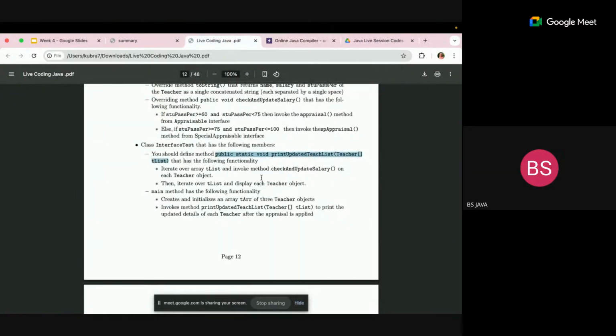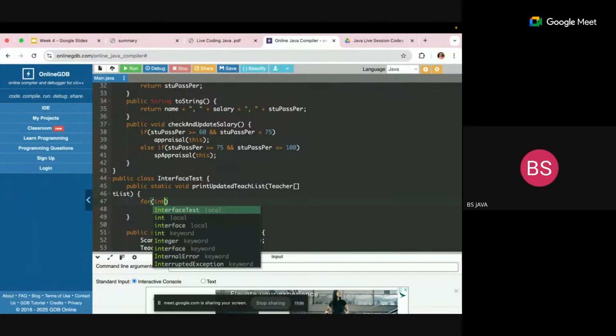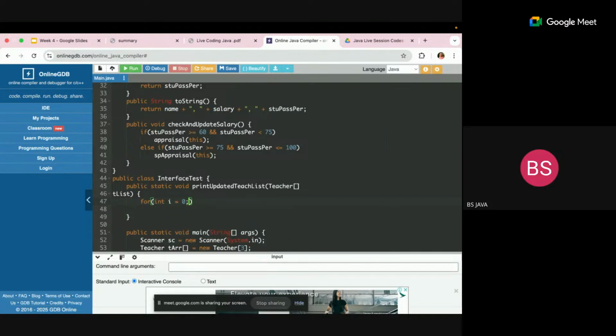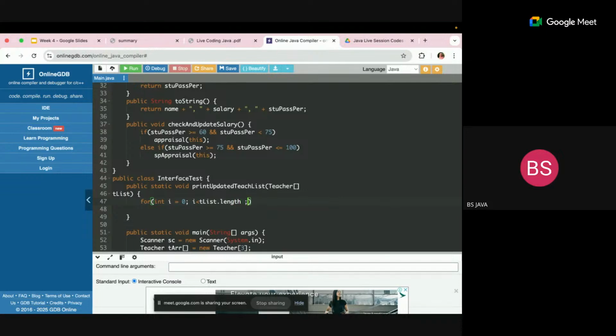So here in this method, what we have to do is iterate over the array t list, and invoke this particular check and update salary on each teacher object. So you have to iterate over the t list. For that we can use a for loop. How can we iterate? There's a variable, and then we want to get the size of this particular list, t list. As it is an array, we can get it using the length attribute,